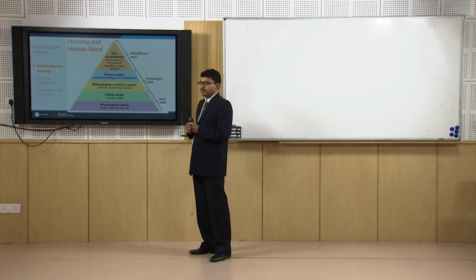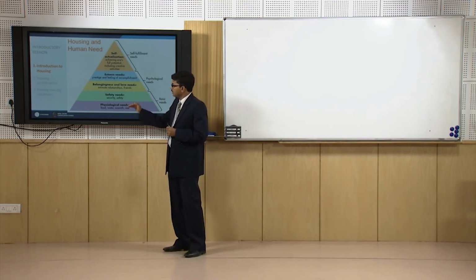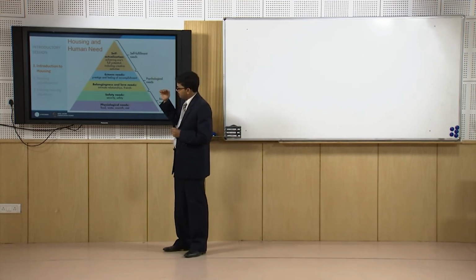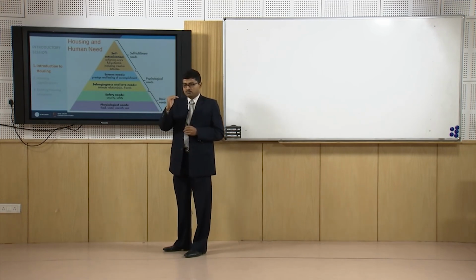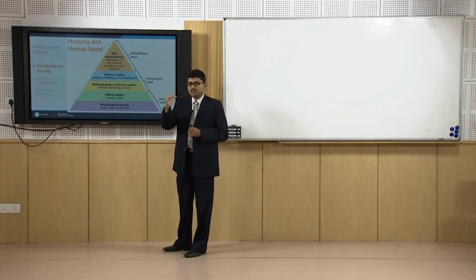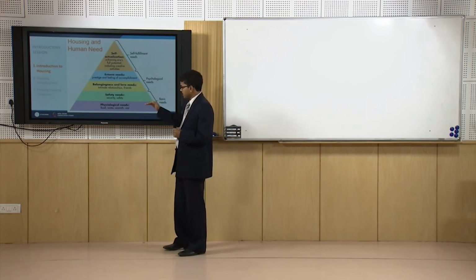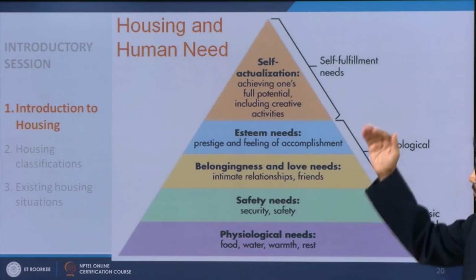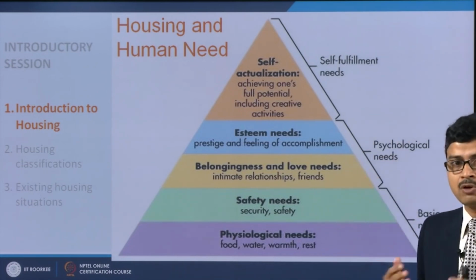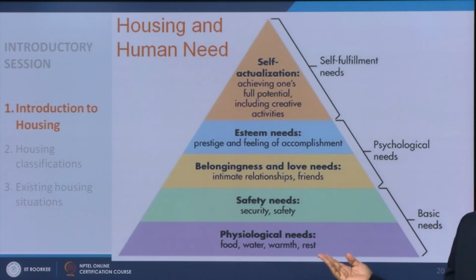In this diagram he says that there are 5 categories of human need, starting from the basic category to the further categories, and every category has a very distinct relation and distinct position in human life. Now, let us see one by one. The first category, given at the bottom of this conceptual pyramid, is called the physiological need, which is nothing but the food, water, warmth and rest.